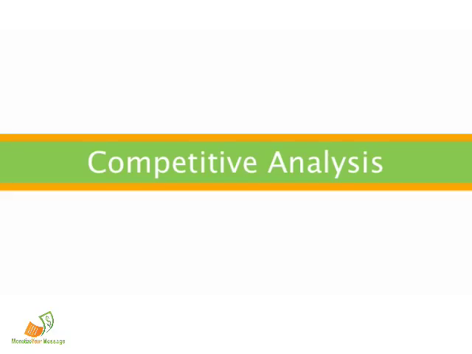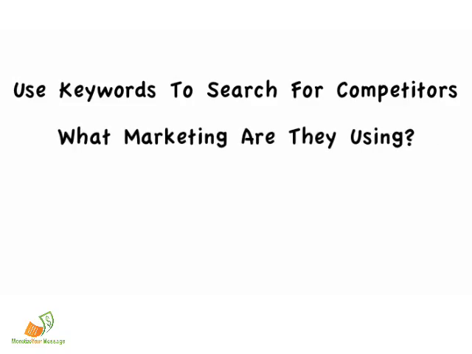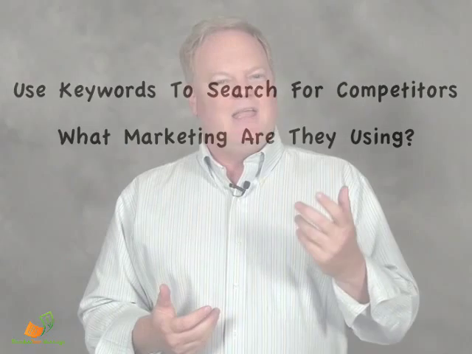Once you know what your niche is and can define it and have a list of keywords, you can proceed to finding out who your competitors are. Use your keywords to research who else is providing the product or service that you provide. Once you know who your competitors are, then you can research their marketing techniques and find out which ones seem to be resonating with the customers that you want to target. If they're doing a good job, you can imitate their marketing style.